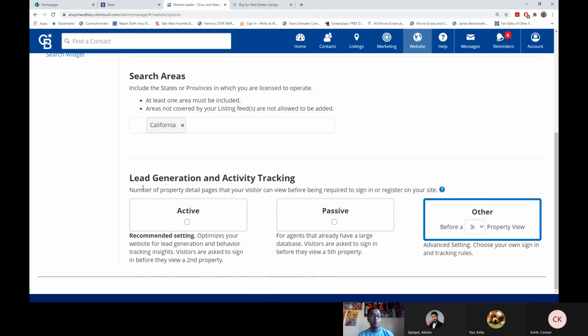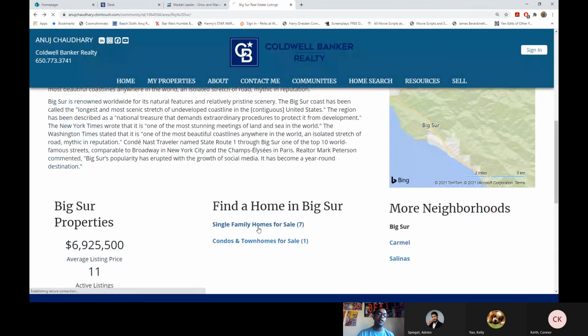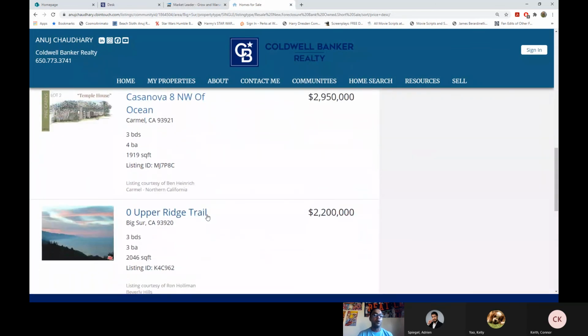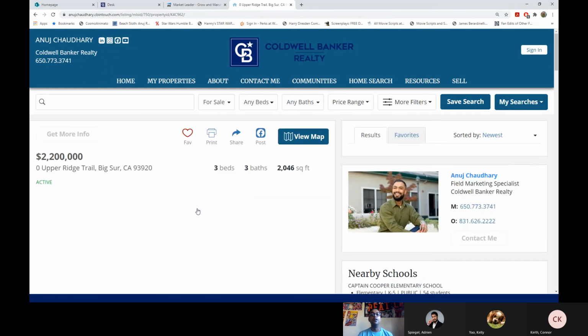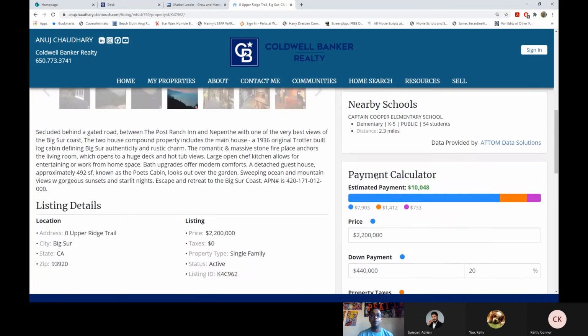Now down here is uber important: lead generating and tracking activity. Active will ask right after a consumer clicks on the second property. And what this is talking about, let's say you've gotten to the point where someone's here, they've clicked here, they're looking at homes, and someone goes, yes, I want to get more information about this $2.2 million beautiful woodsy view. I don't have an MLS account, but